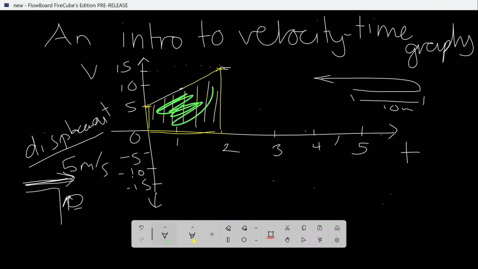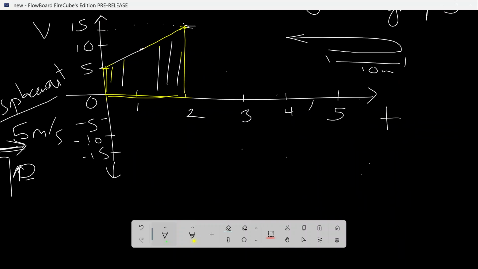That's our area right there. Okay, let's calculate the area underneath that. So what's the area of a trapezium? The area of a trapezium is a half times the height of the trapezium times the sum of the lengths of